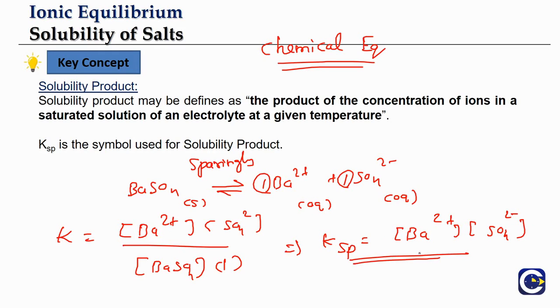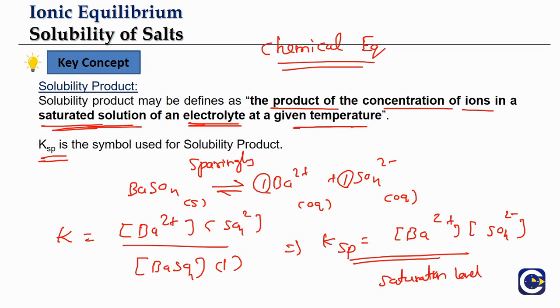So Ksp is the product of the ion concentrations raised to the suitable powers, and this is taken where? At the saturation level, basically the equilibrium. So equilibrium means what? The saturation, when the solution is basically saturated. So look at the definition of the solubility product. Solubility product is indicated by what? The symbol Ksp. It is measured as the product of concentration of ions in a saturated solution of an electrolyte at a given temperature. This is important. Every equilibrium constant will depend upon what? Temperature. So this is what we will be calling Ksp.